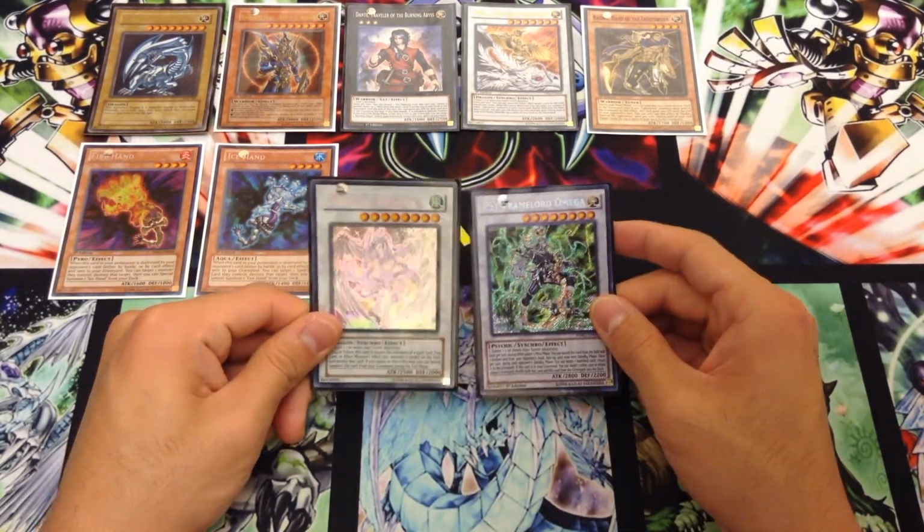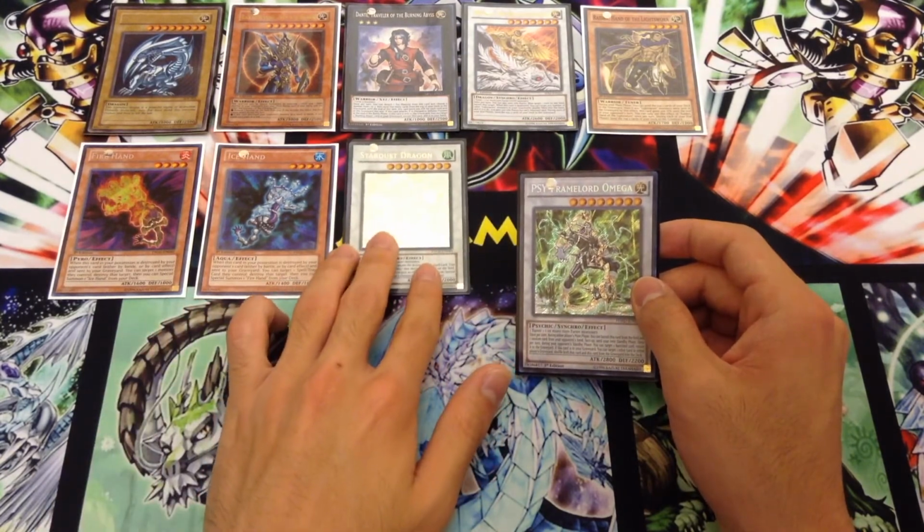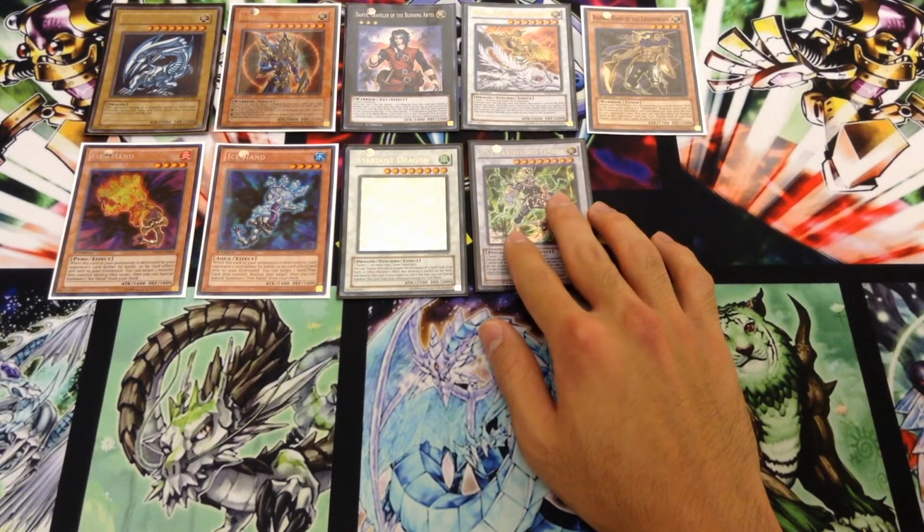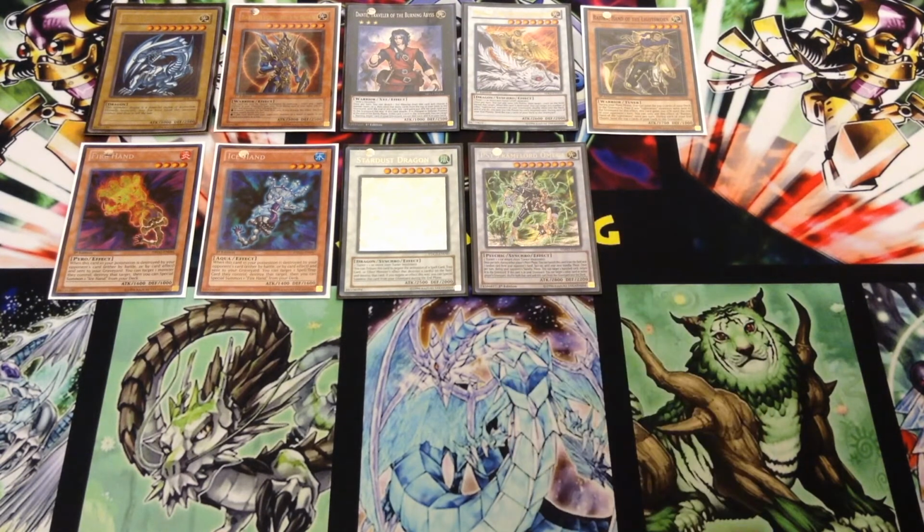Now, Stardust Dragon, of course, has been played for a very long time to combat strategies that rely on simple removal tricks, either through on-theme monster effects or spell and trap cards like Raigeki or MST, and it helps secure your position. Things like Cyframe Lord Omega are even more annoying because this has the ability to just dodge everything you throw at it,